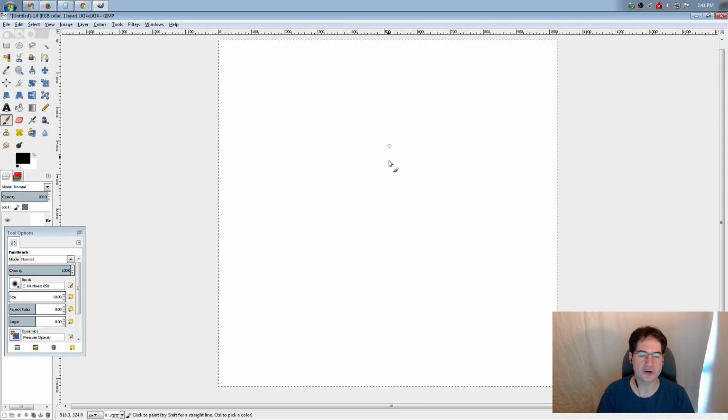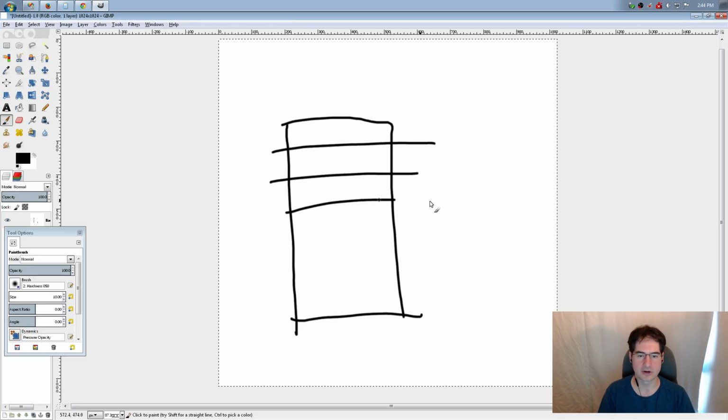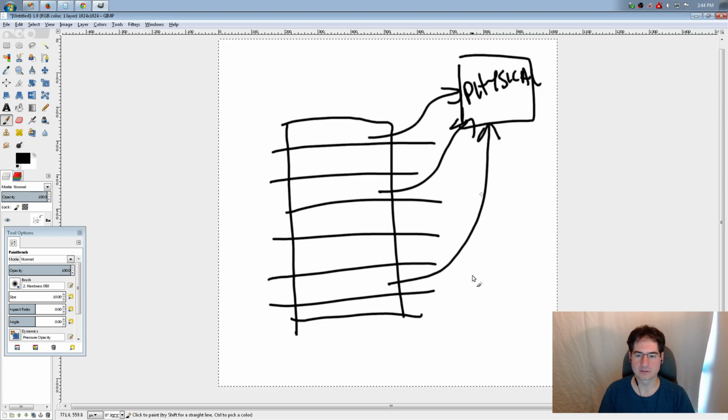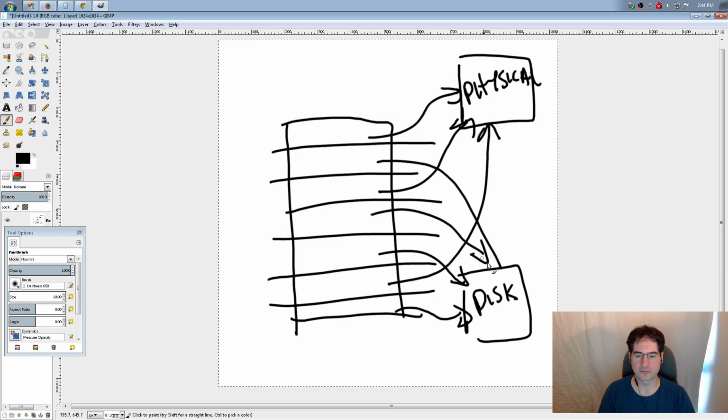So basically, the first answer to where code and data and all that stuff lives is it lives in that virtual address space. And basically, that virtual address space is broken up into pages. So here are my pages, right? And each page is basically stored somewhere. It's either in the physical memory, right? So each page is either in there, or it's on disk somewhere, right?